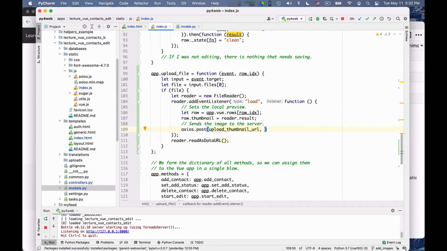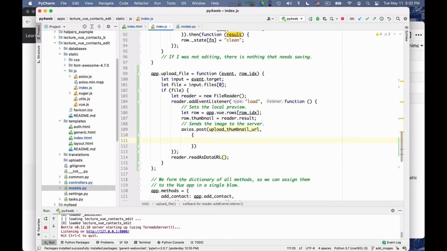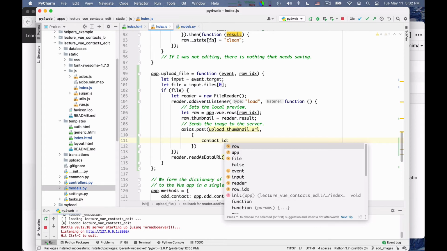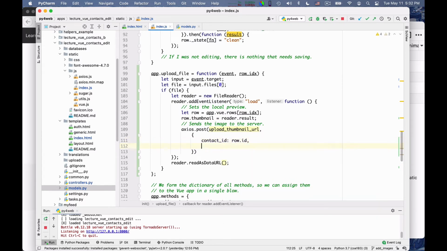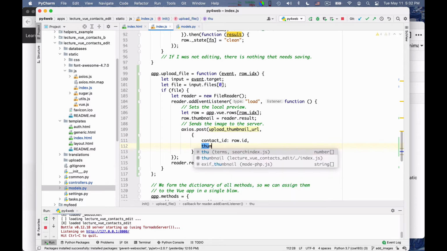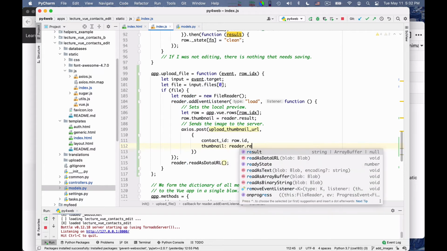Okay, this is a post, so the parameter will be what precisely? I need to give it a contact ID, which is the row.id, because I need to know for which contact this is, and I need to give a thumbnail, which is the reader.result.